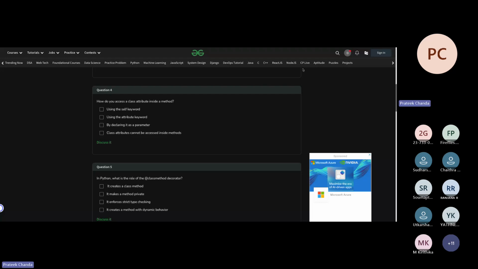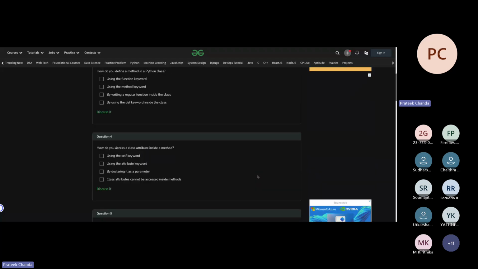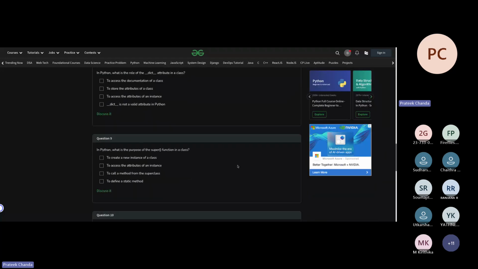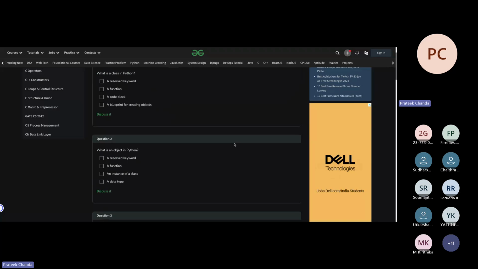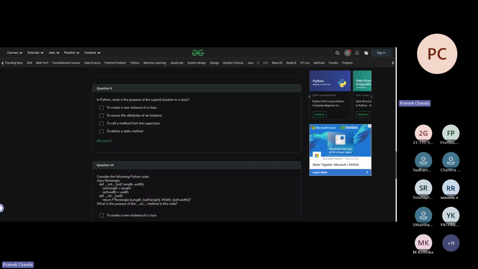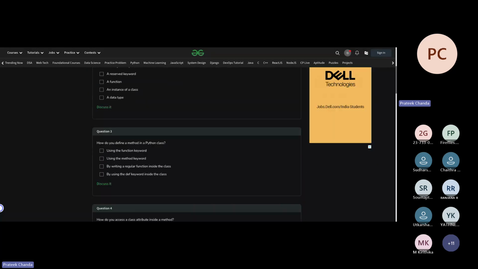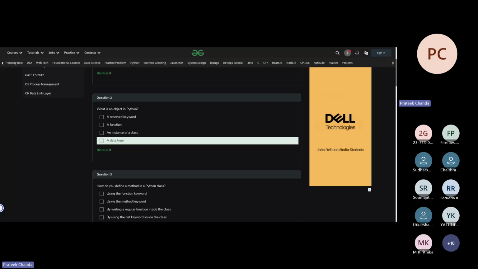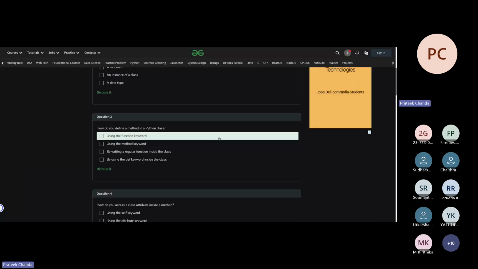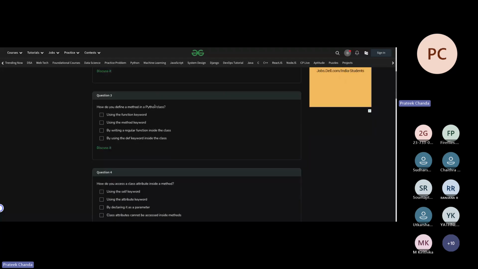Okay, I think we are able to solve that. For today's class, I think there is not much to discuss. Mostly classes and objects we already discussed. For the concepts, I highly suggest you practice, because I have already shared some previous resources for quiz problems. For example, GeeksforGeeks and W3Schools have good quality quizzes you should practice. I think mostly these are the kind of questions you would expect in the actual exam also. So practicing this kind of questions would be helpful, as well as some of the properties about